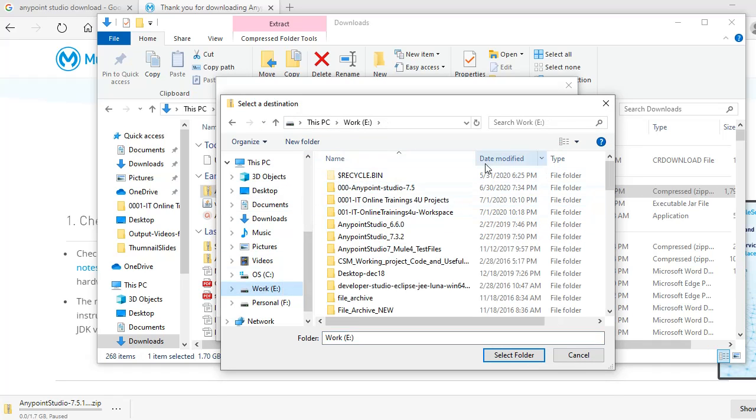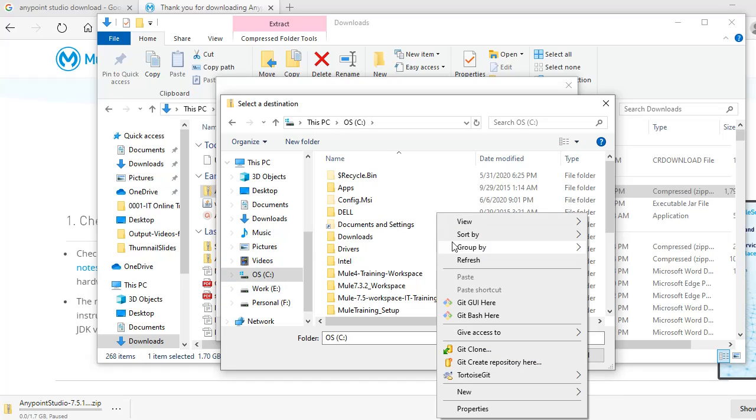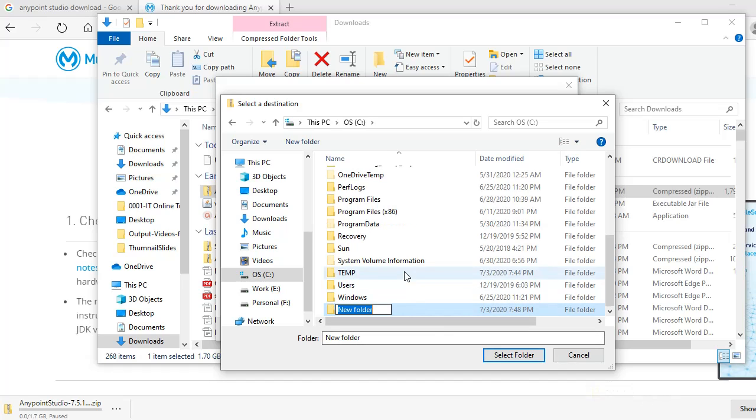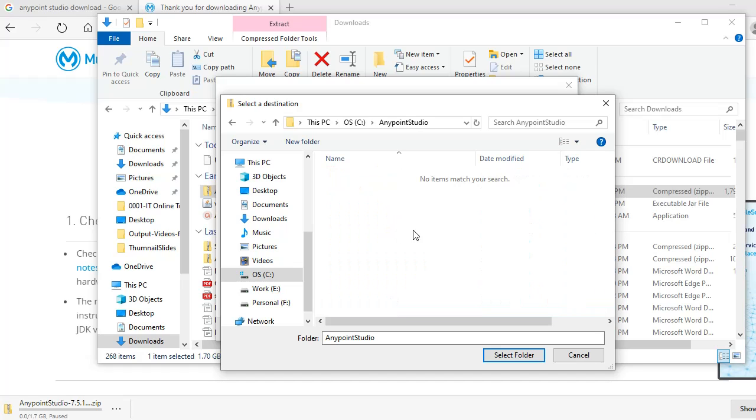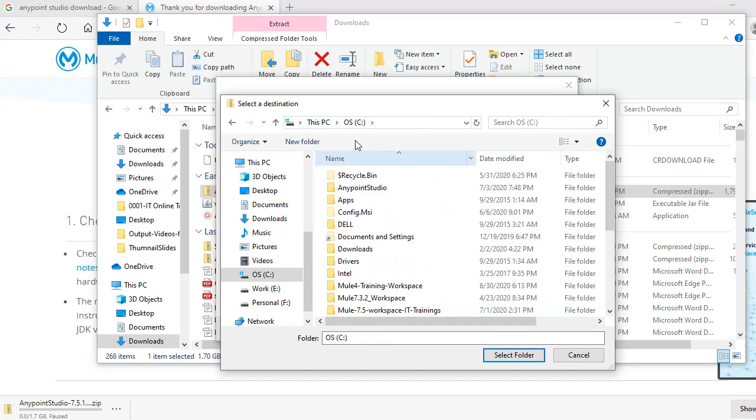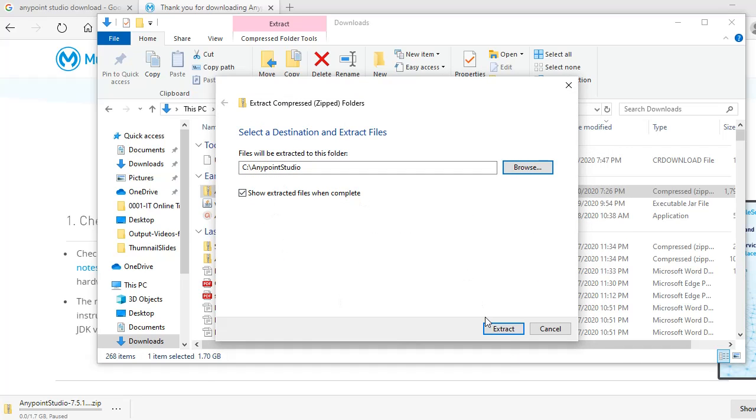You can create a folder in the C drive or any other drive, whichever you prefer. You can name it Anypoint Studio. Select this, and it will get extracted. Just click on extract.